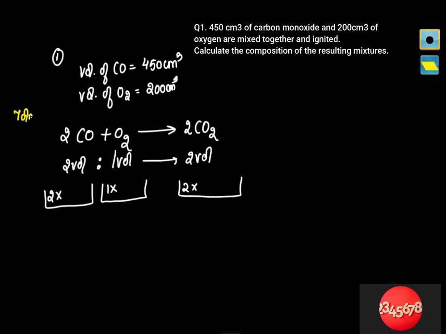Total volume, I'll write like this. Total volume of CO is 450 centimeter cube. Total volume of oxygen is 200 centimeter cube. Is this clear? Now, whenever two things are reacting, then the amount of reaction, meaning how much product will be formed, depends on the reactant which will get exhausted first. How much reaction will happen depends on which reactant will get exhausted first. जो भी reactant पहले खत्म होता है उस पे depend करता है reaction, and the other reactant will be left